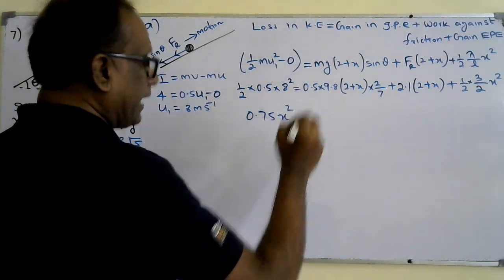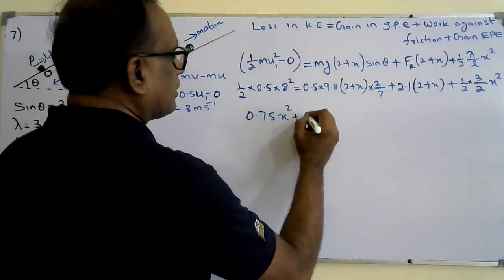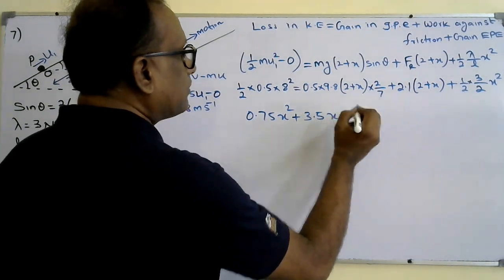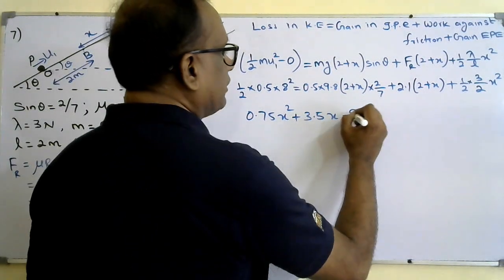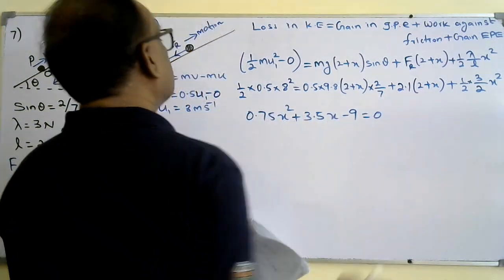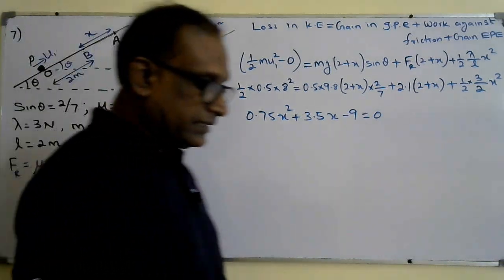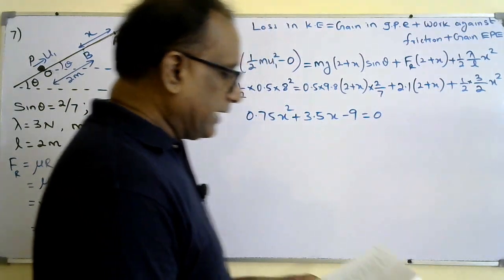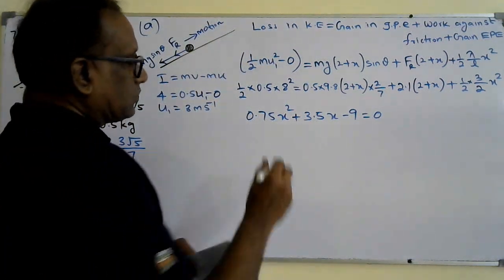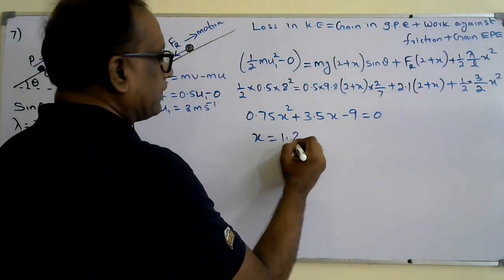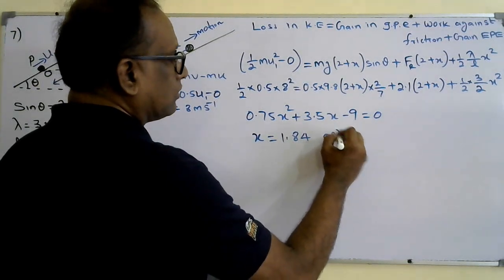0.75 x squared plus 3.5 x minus 9. Carefully solve it, there are a lot of numbers. So you will end up with 0.75 x squared plus 3.5x minus 9 equals 0. Solve this quadratic equation by using your calculator in equation mode. You will get the answer for x is equal to 1.84